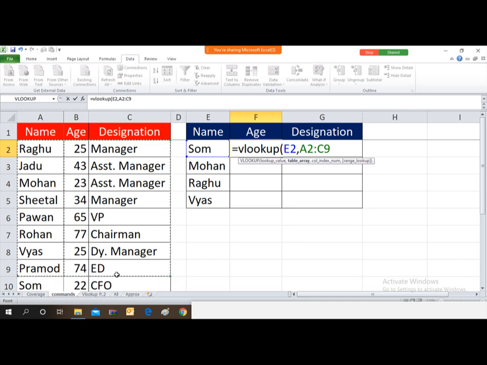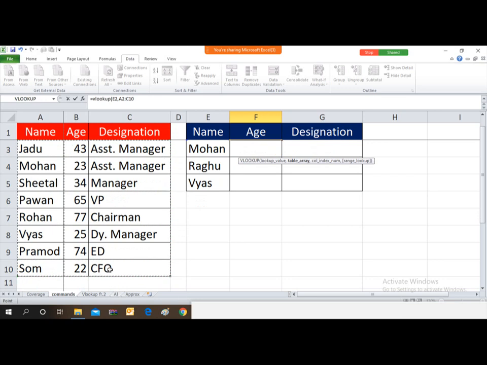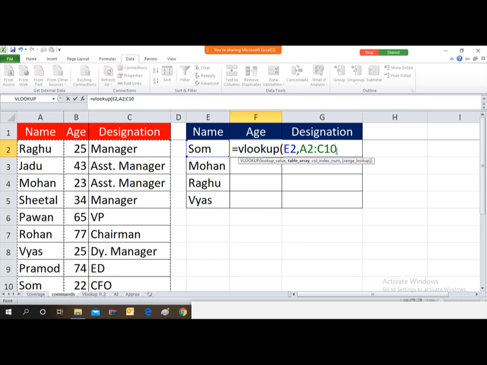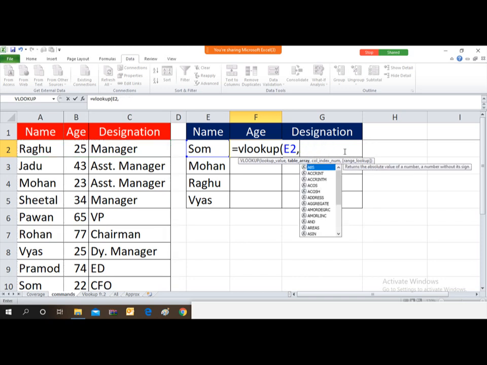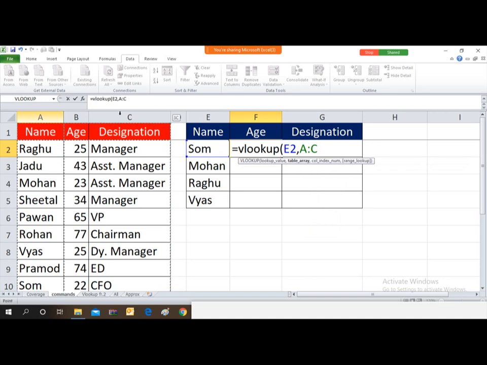So at this time I will not do this. What I will do, I will completely select the columns, all the three columns पूरा। Column is A to C. और earlier क्या आ रहा था, earlier it was appearing like A2 to C10, ये रेंज ऐसा आ रहा था। So but now what I have done, this time I am selecting the entire column।